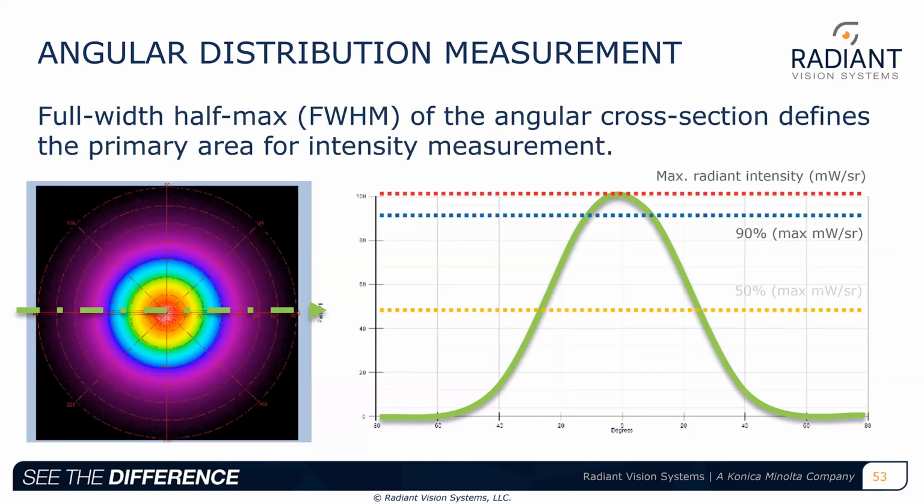We can also define a region for measurement. In this case, we're looking for a full width half maximum region. Determining the full width half maximum of the light source is kind of what it sounds like. We're measuring an area that is full width of the source distribution where we're receiving at least half of the